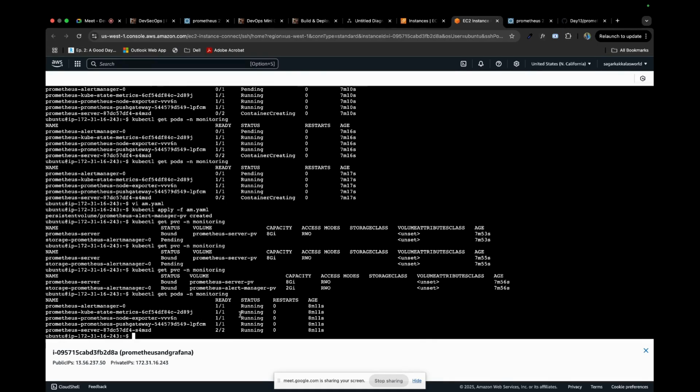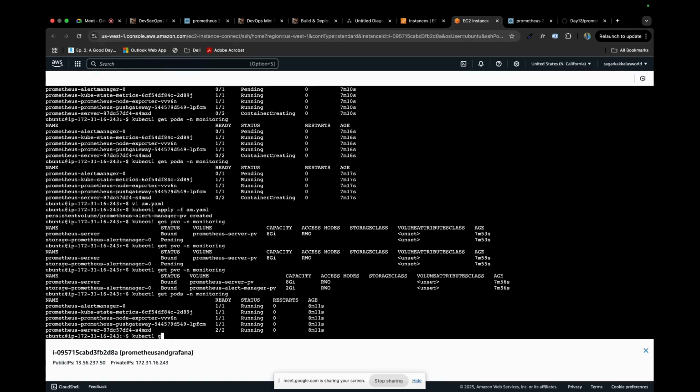Yeah, so our pods are running. It means we had fixed PV and PVC issues, and our Prometheus is now running perfectly in our EC2 server. But since Prometheus is like a database query, and we want to access it via UI,